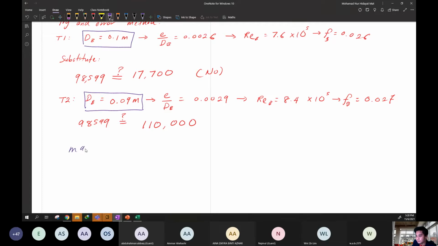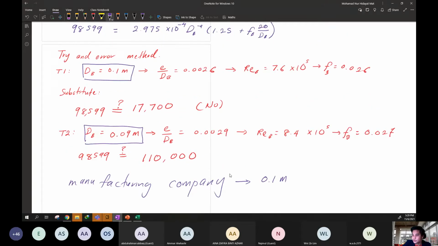In a manufacturing company, when you go to the shop and say I want to buy this pipe diameter, it is likely it is not available with this number. So we must take more than this number, alright? Because this is not the standard number. So we might take 0.1 meter. Why must we take 0.1 meter? Because the larger the pipe diameter, it will